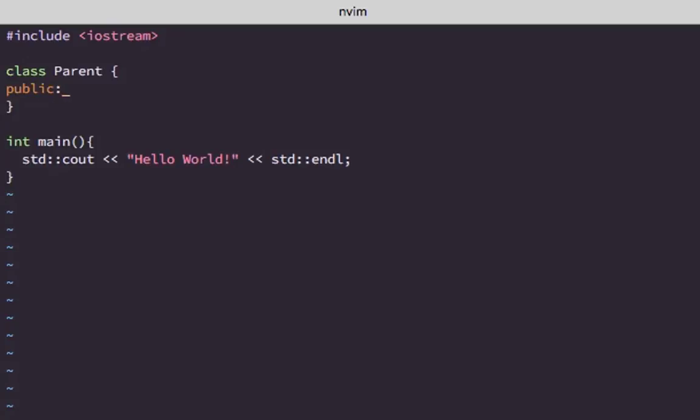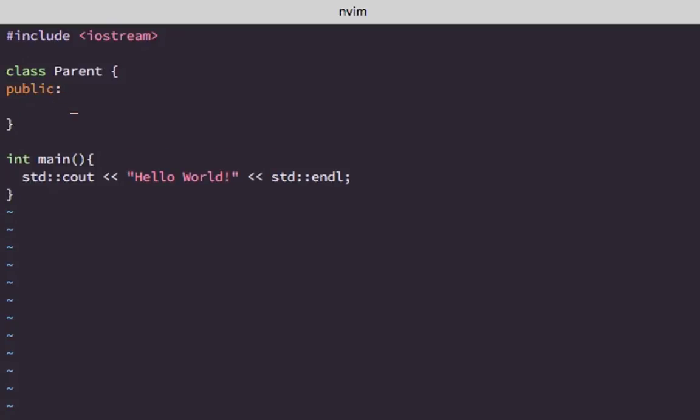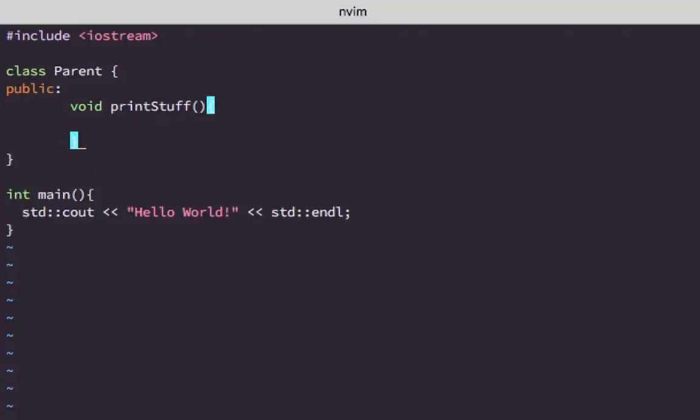It's going to have public only one function, and that function is going to be void, which means it doesn't return anything. It's going to print stuff. And that function is going to be called printStuff because of how awesomely creative we are. In fact, we're going to implement the function right there because making a new header file for this is just too much work. So let's go ahead and print I am a parent